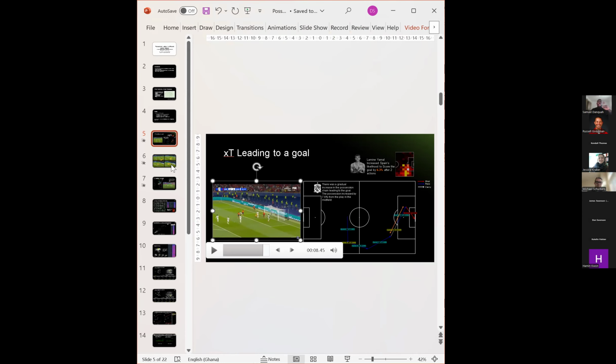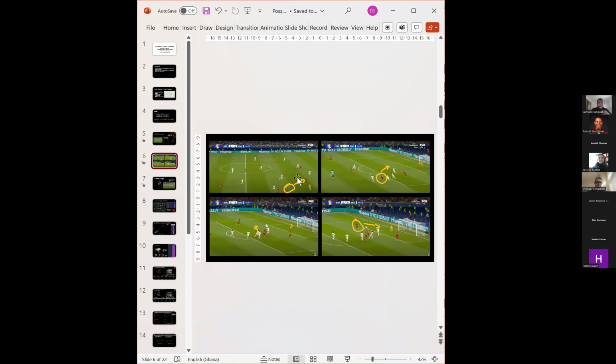And I would want to show a screenshot of how the event panned out. During the first frame, you can see that was when the pass was laid to Lamine Yamal at the central third of the pitch, and that pass was moved by Lamine Yamal close to the 18-yard box. That movement shifted the defensive shape of the English team and created a lot of space for Nico Williams to reach the ball and score the goal.